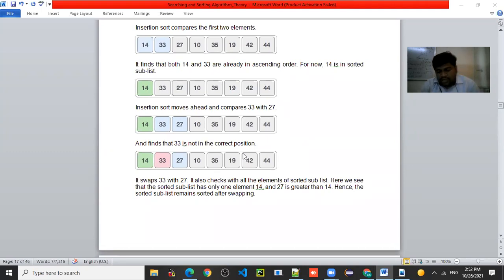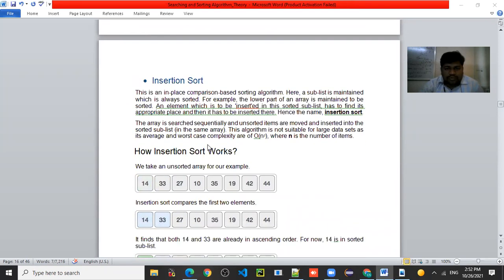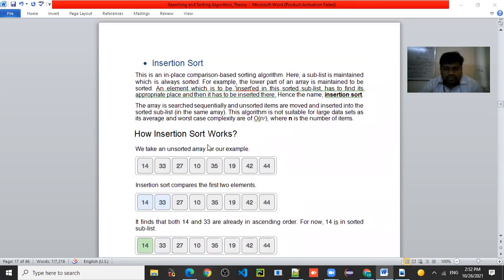And now, if you talk about the complexity of both algorithms, bubble sort is a very simple one as compared with insertion sort. Insertion sort is a little bit complex as compared with bubble sort. It is a little more complicated than bubble sort, because here we have to do sorting in the sublist also. So insertion sort is a little bit complex as compared with bubble sort.